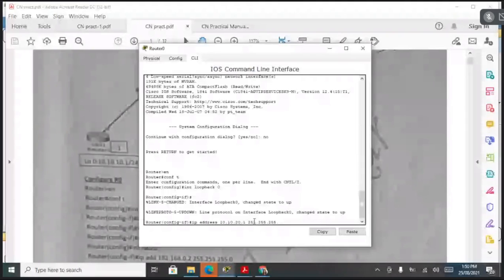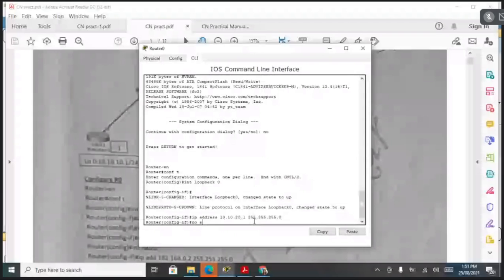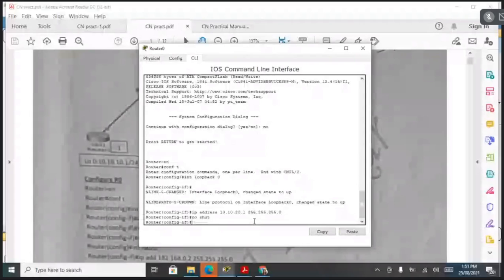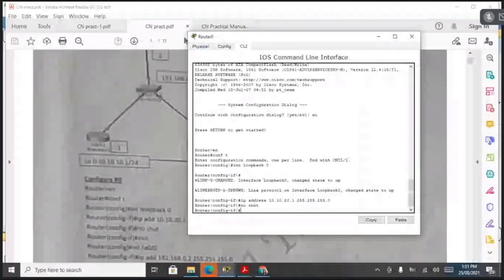Okay, then no shutdown. Right. Then our next interface is FA0/0.